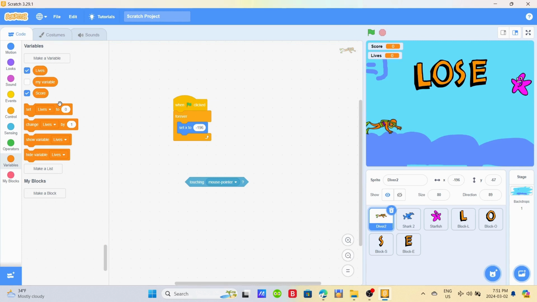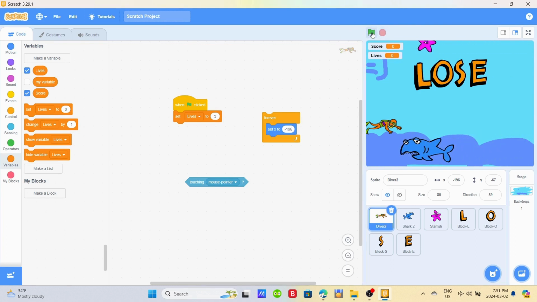So we'll say set lives to 3. Wait. When flag clicked, set lives to 3. And